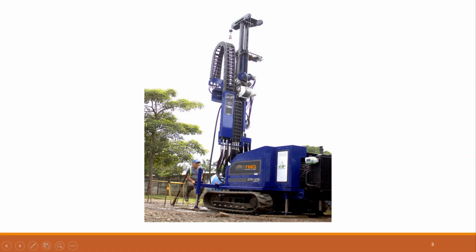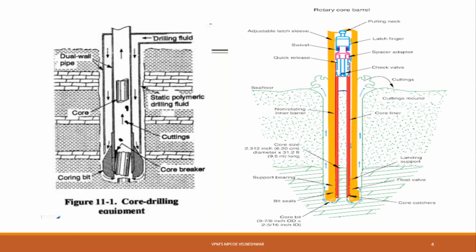Okay, so we'll discuss core drilling. This method is used for advancing a hole and for obtaining rock cores. If there is a hard strata, then we'll go for the core drilling method, which is an advanced method. The hole is advanced by using the core drill. It consists of a core barrel fitted with a drilling bit.